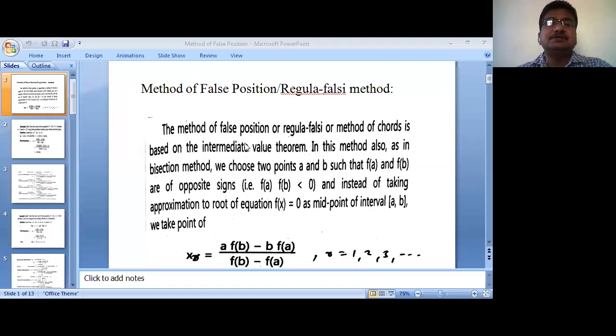Today the topic for discussion is the method of false position, or Regula-Falsi method. This method is again useful to find the root of transcendental equations and algebraic equations. Similar to the bisection method, find first 2 points or numbers a and b such that